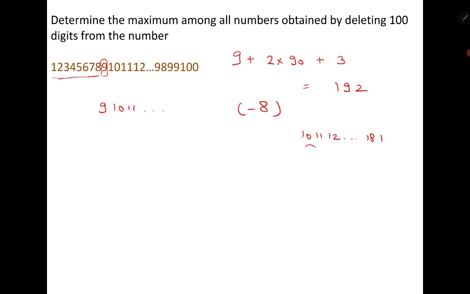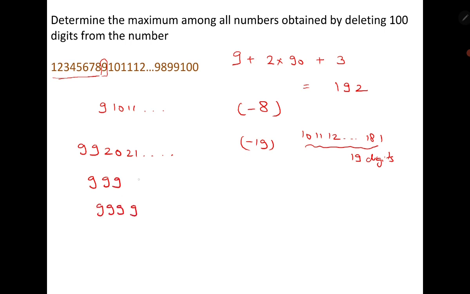So in total these are 19 digits, and therefore if I do minus 19, I will get 2 9s, starting with 20, 21 and so on. Then the 3rd 9 and 4th 9: 3 9 is starting with 30, 4 9 is starting with 40. So minus 19,